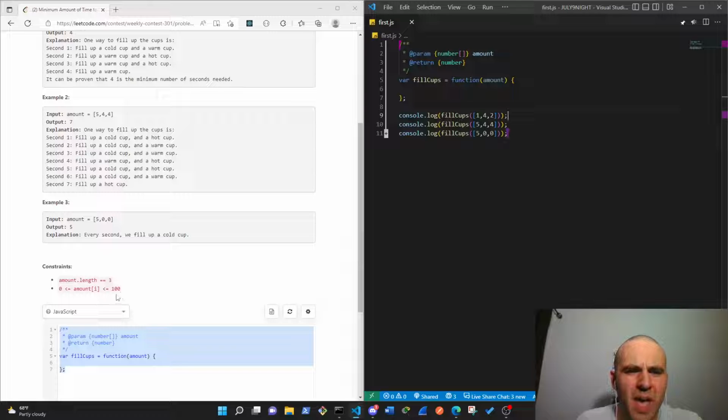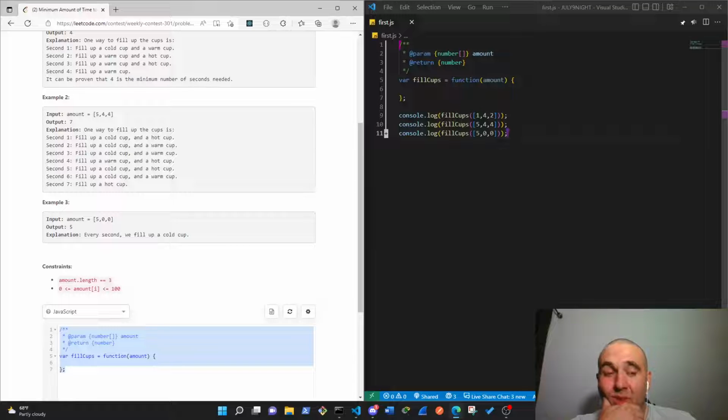Which actually isn't too bad at the end of the day, because the maximum each one could be is 100, and we know we're only going to have 3 indexes. So the most number of calculations we're going to have to do for this problem is 300 calculations. Not even. It's going to be way less than that. The max we're going to do is 100, because the max any one of these is going to be is 100. And when you're talking about CPU and runtime, if we know our max is going to be 100 operations, scanning through it like that is really